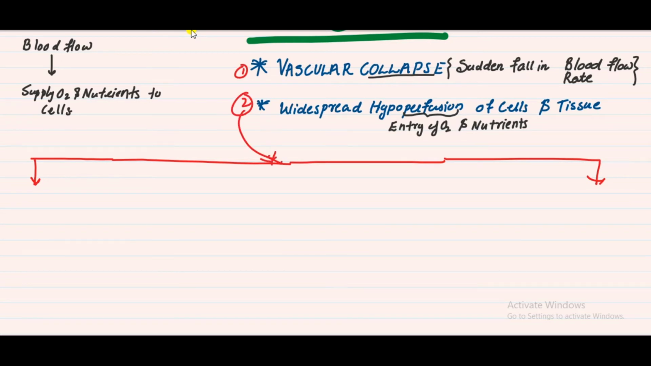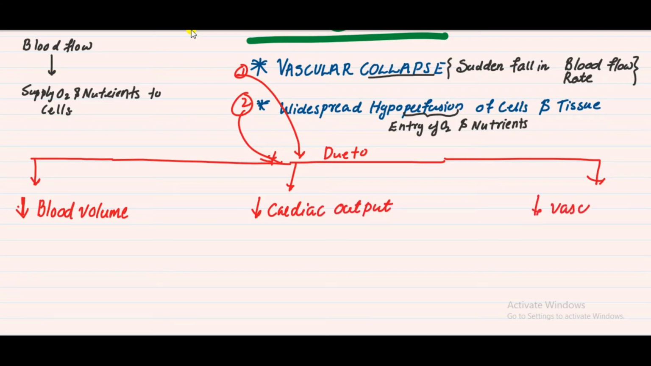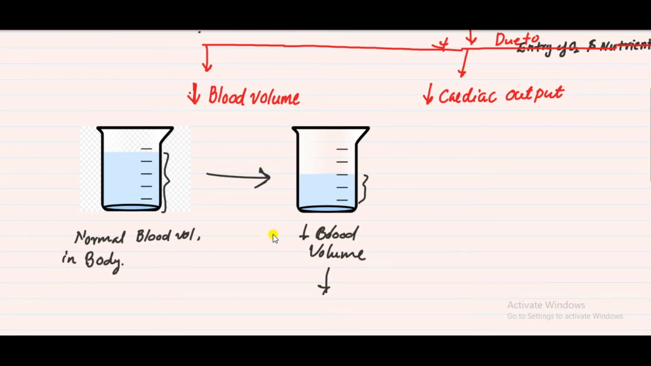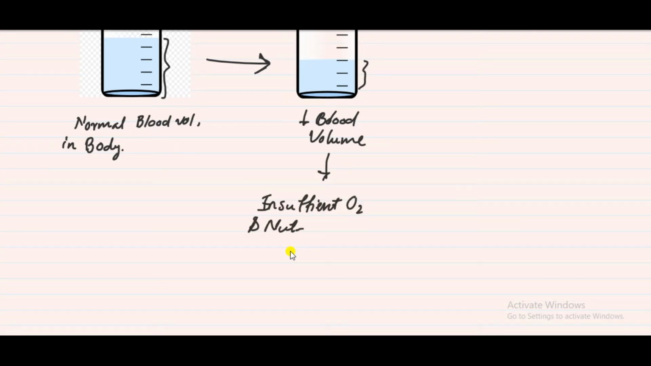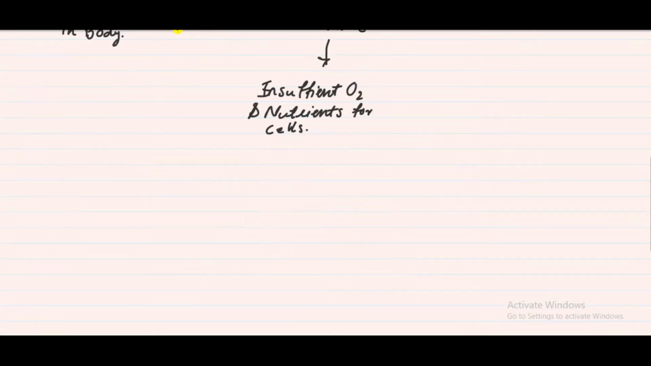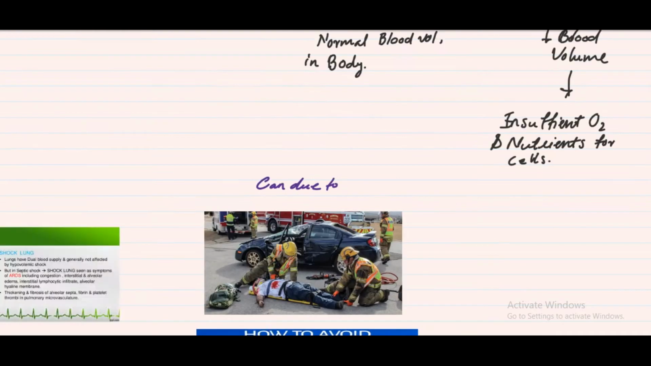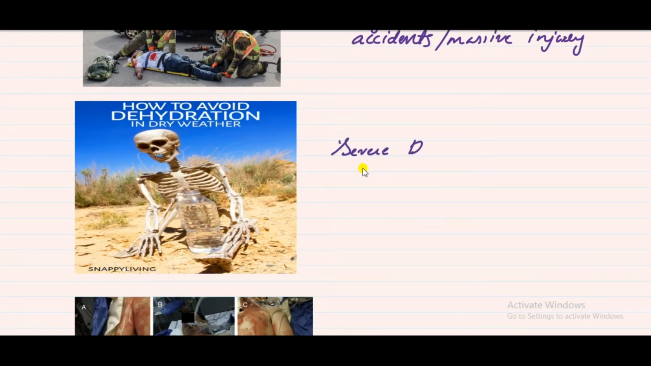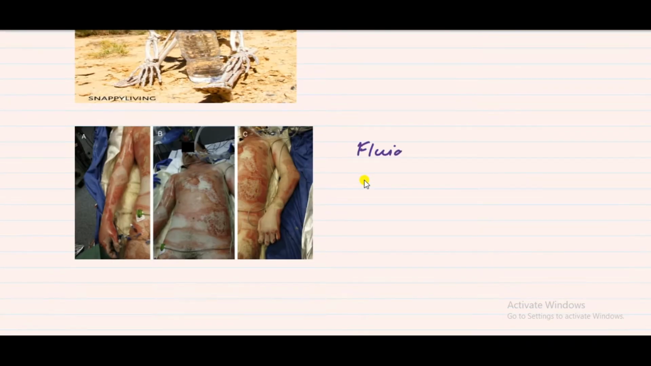and shock is due to decrease in blood volume, decrease in cardiac output, and decrease in vascular tone. Decrease in blood volume we can see in hypovolemic shock. The blood is lost, and decrease in blood volume leads to insufficient oxygen and nutrients for cells. It can be due to hemorrhage, accidents or massive injury, and severe dehydration and fluid loss secondary